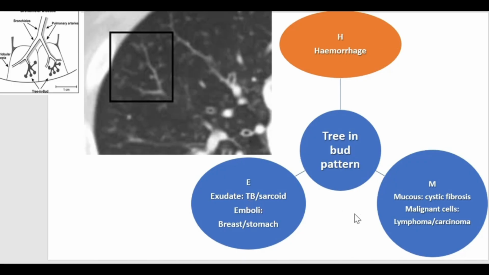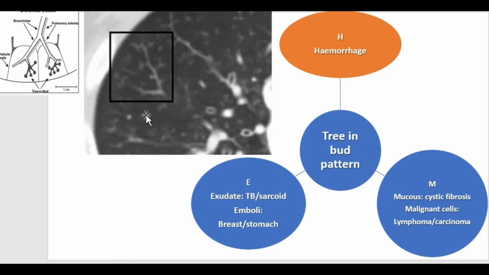So here this is a differential diagnosis of the tree-in-bud pattern: hemorrhage, pulmonary exudate or emboli, or mucus plugging or malignant cells. The tree-in-bud pattern is most likely due to filling of the small pulmonary airways, the pulmonary bronchioles and alveolar ducts